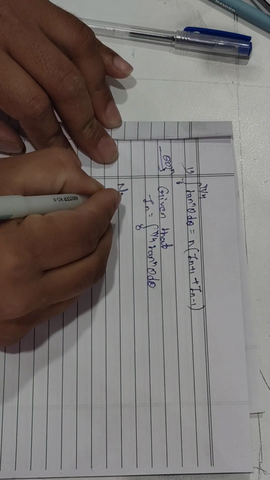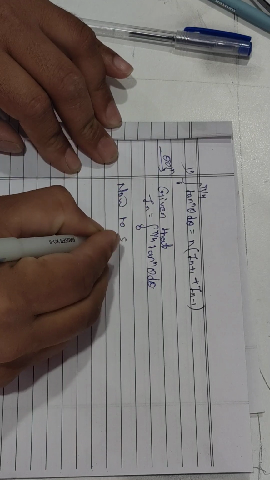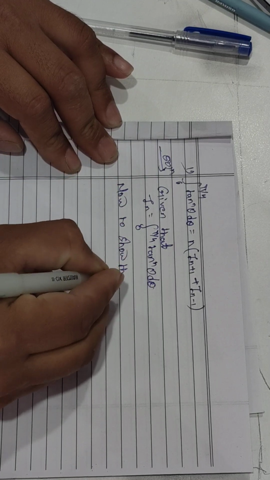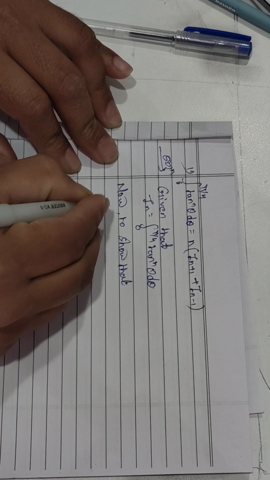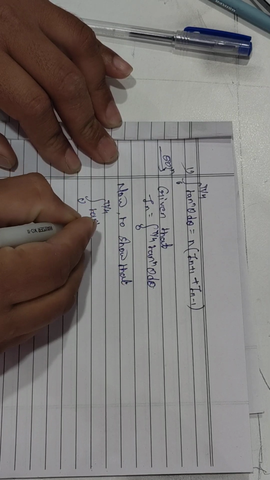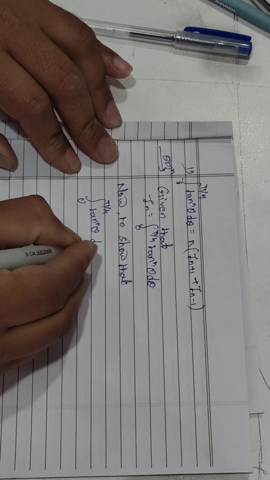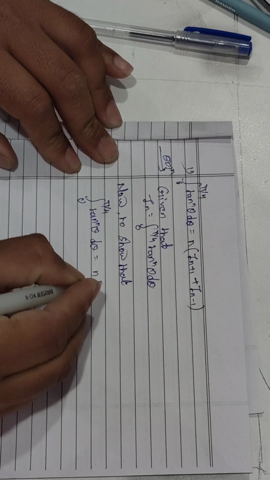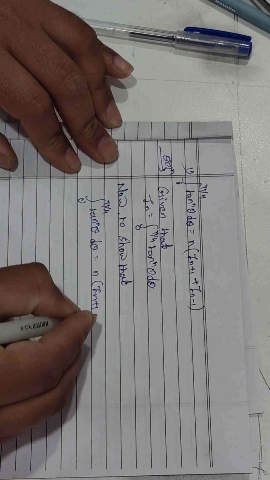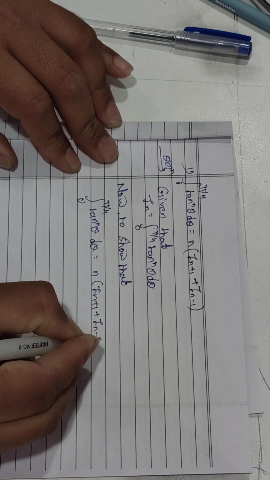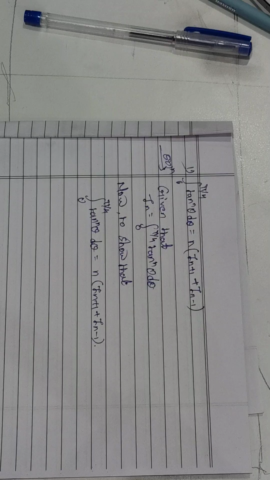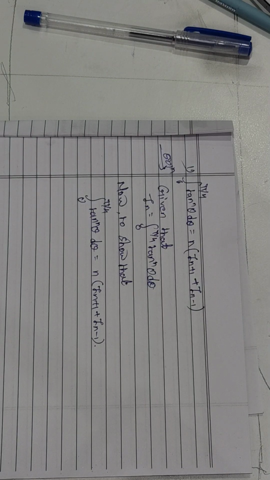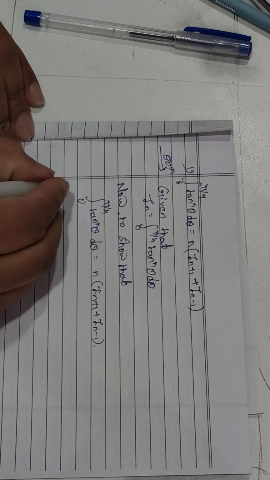Now to show that I_n equals 1 upon n into I_{n+1} plus I_{n-1}, first we consider